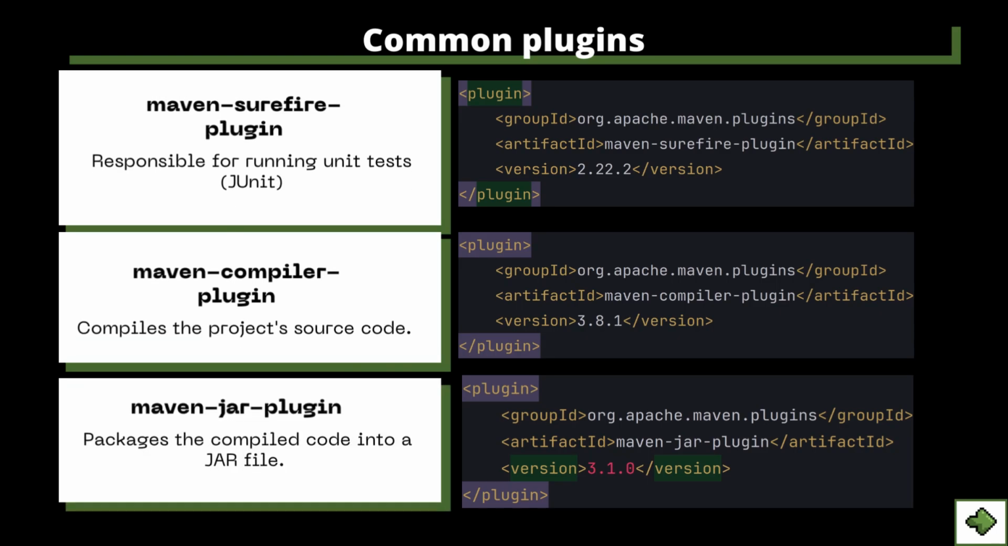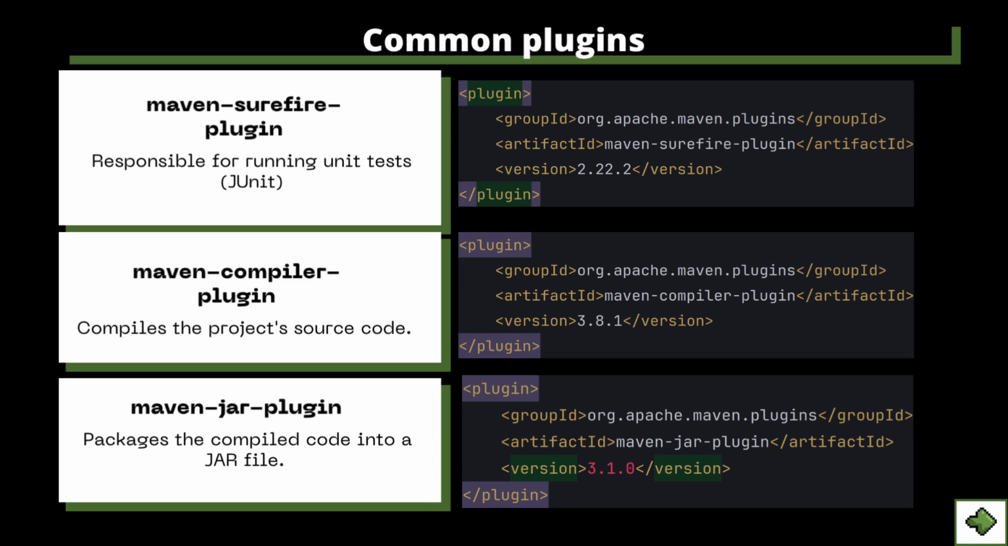So as you can see, these are some common plugins used in Maven. For example, the Maven Surefire plugin, which is responsible for running unit tests using JUnit. So basically, it will look for tests in the base directory /source/test, and it will execute all the available tests. The Maven compiler plugin is responsible for compiling the project source code, and it will put the bytecode in base directory